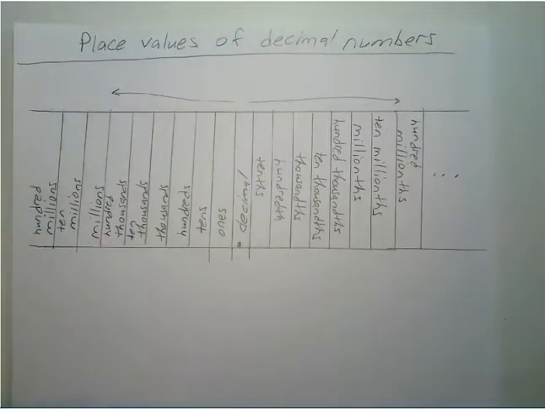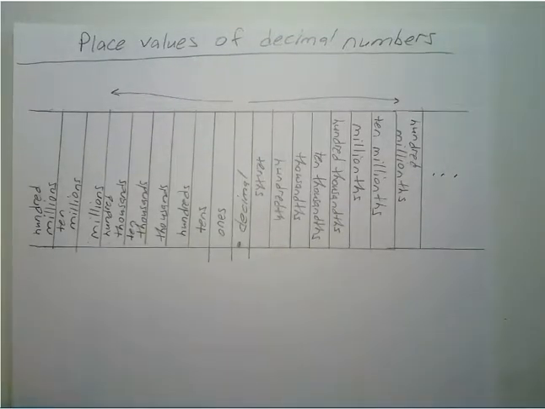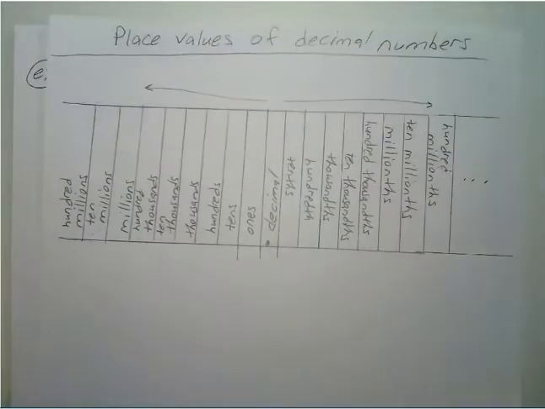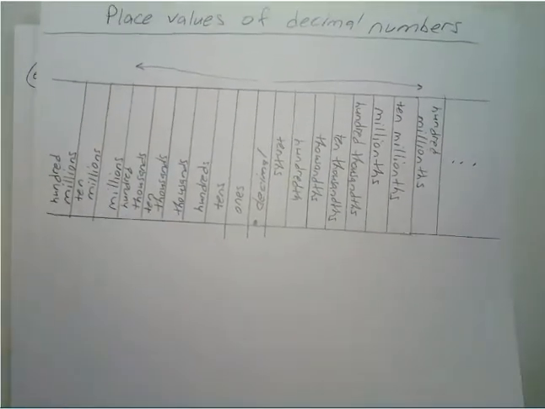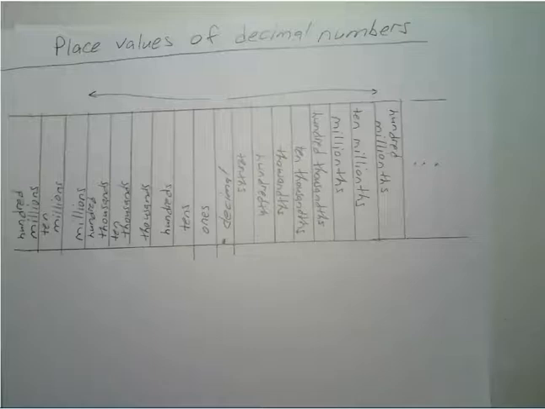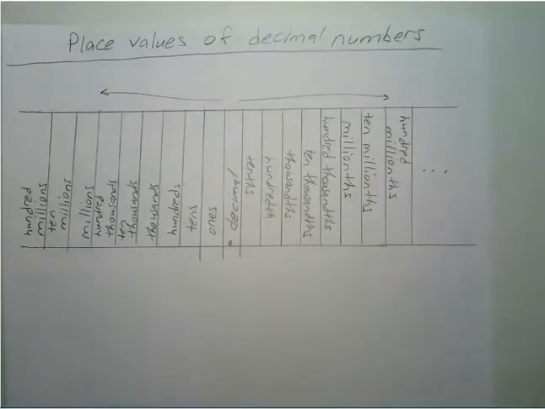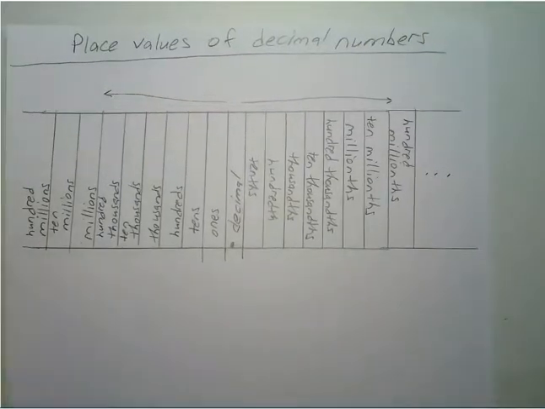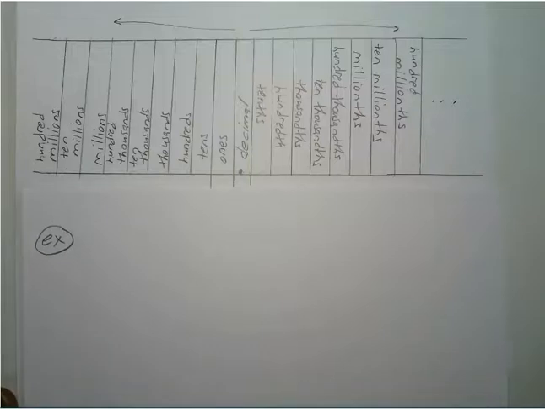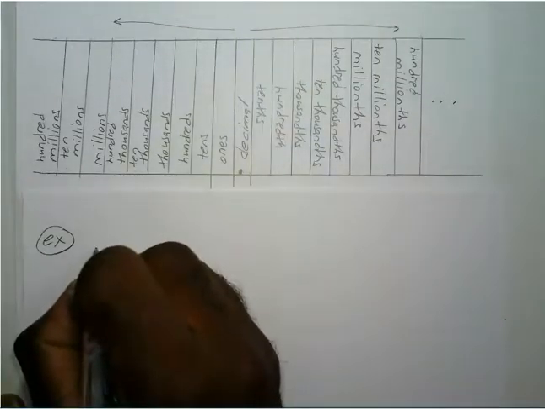Okay, so let's say, for example, I'm going to go to another sheet because I want to line this up. But if you want to press pause and finish writing this out, you can. I'm just going to move this up for a second. Let's say, for example, we want to